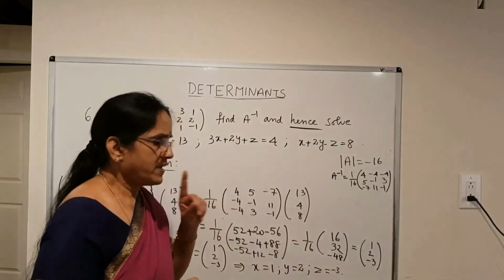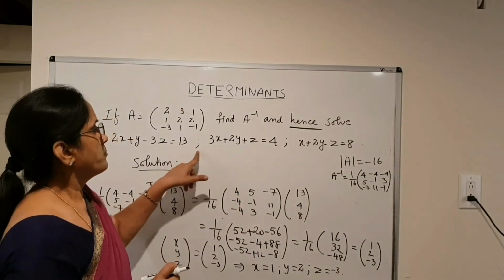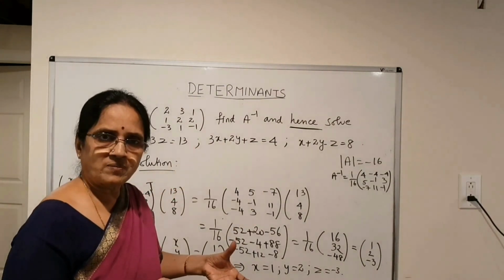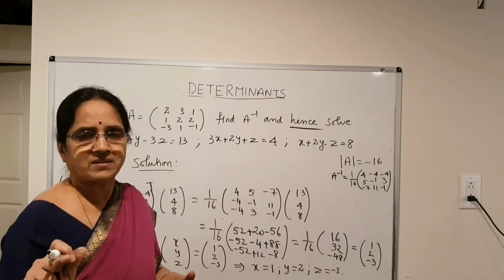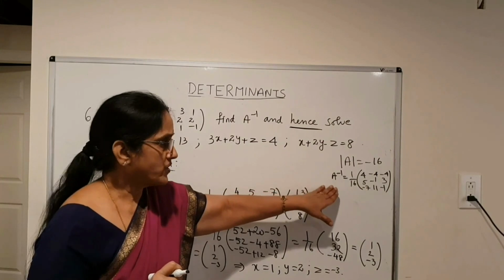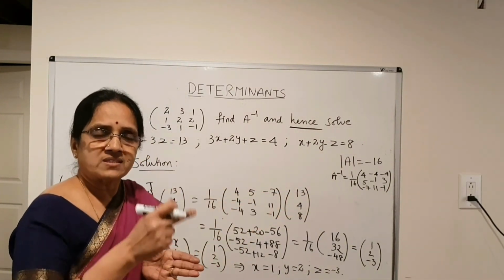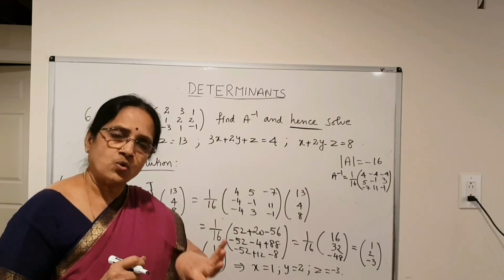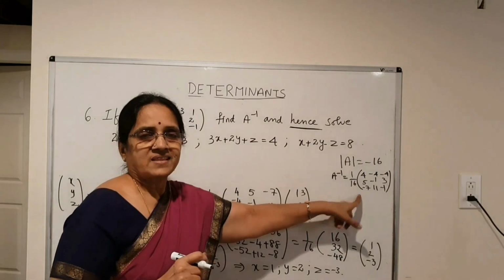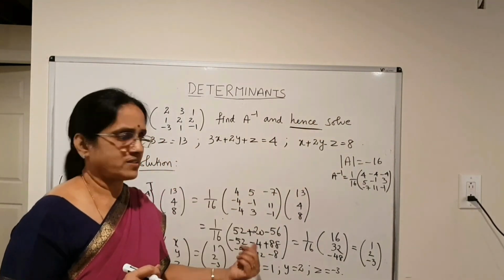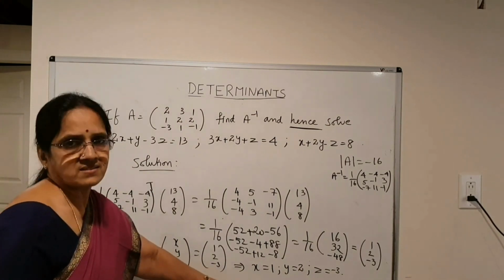Now let me repeat one particular point over here. When you put the equations in matrix form, you are getting A transpose into X is equal to B. You already found out A inverse. So, A transpose the whole inverse is equal to A inverse the whole transpose. That A inverse should be replaced by this. Then the transpose of that you need to write. That is a very, very important point. Only then you will get the answer.